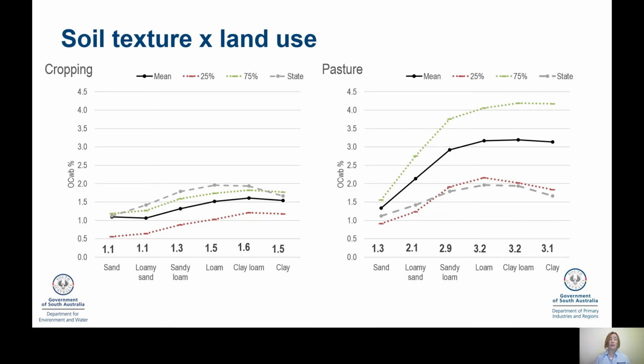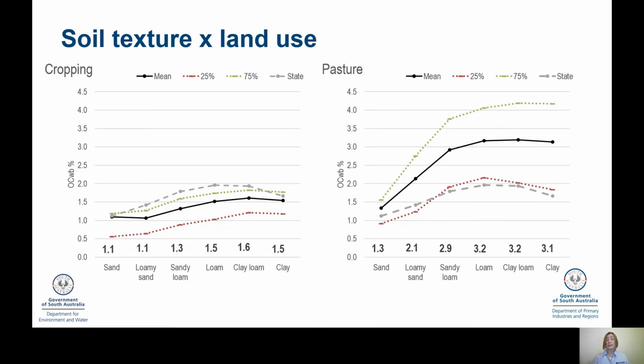So when we're talking about what we see, rainfall has a large influence on what the land use would be at the time. When we have a look at both those areas, we see that you do see an inclining trend of carbon by texture. And we know this as we have more clay in our soils, we can have more protection of carbon. That potential gets higher to be able to store more carbon.